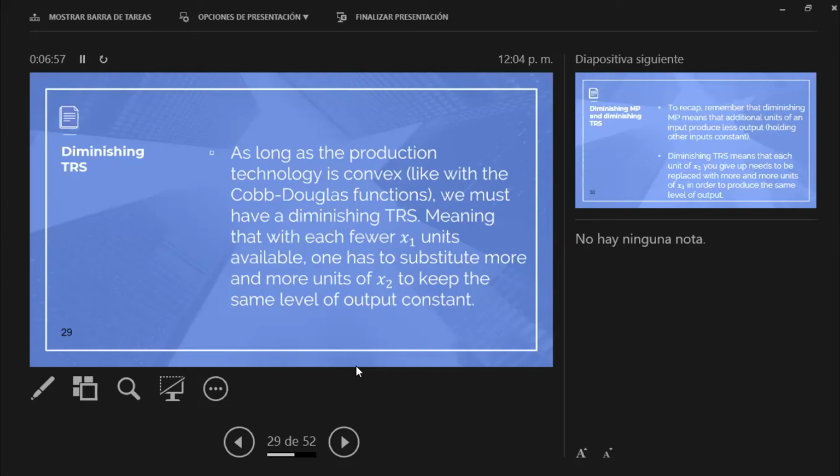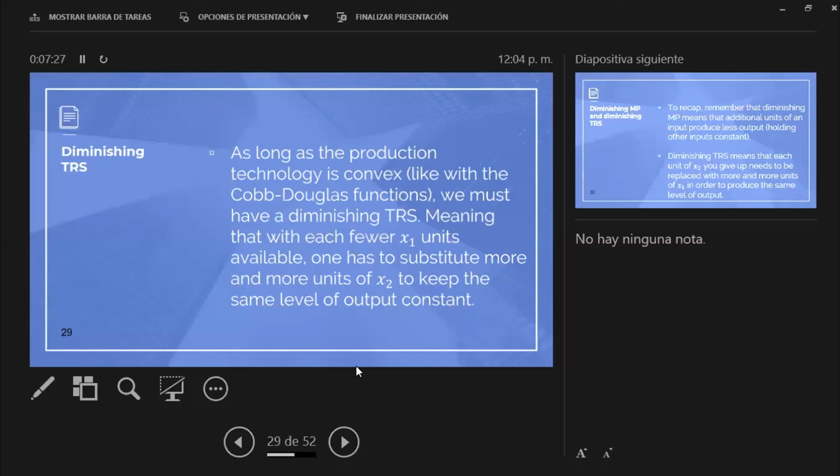If one of these units, X1, cloth, becomes less available, you have to substitute more and more of the second units. Think of it in terms of cost, the other way around. If the cloth is scarcer and scarcer and scarcer because of some problem in the market, va a costar cada vez más y más dinero. Para poder hit your target, va a tener que gastar más de tu presupuesto or more of your budget